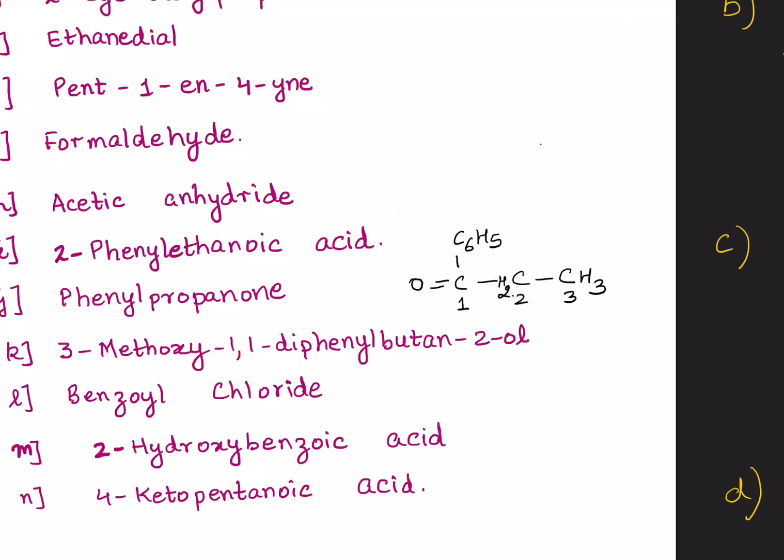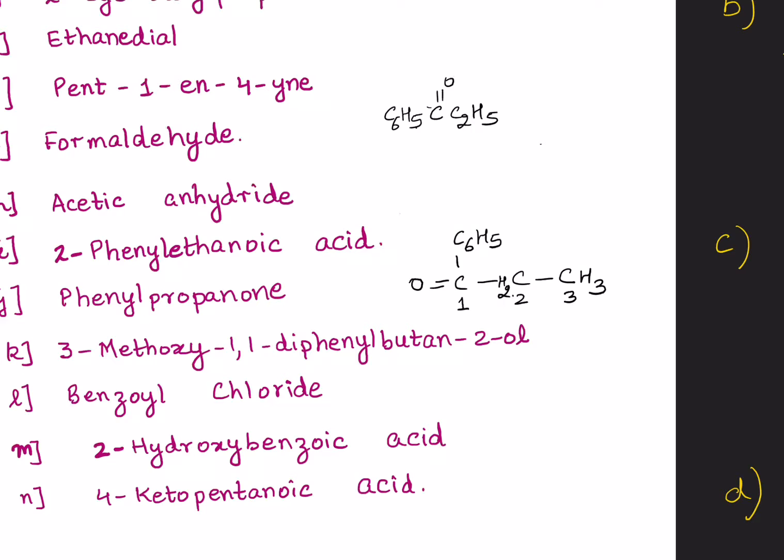In other words, this becomes a ketone with a phenyl group on one side and an ethyl group on the other side. So if you look at this ketone group more holistically, you will see it as C double bond O C2H5 on one side and C6H5 on the other side. So how would you name it in the common system? It would be ethyl phenyl ketone, right? Ethyl phenyl ketone. But in the IUPAC system, it is phenyl propanone.